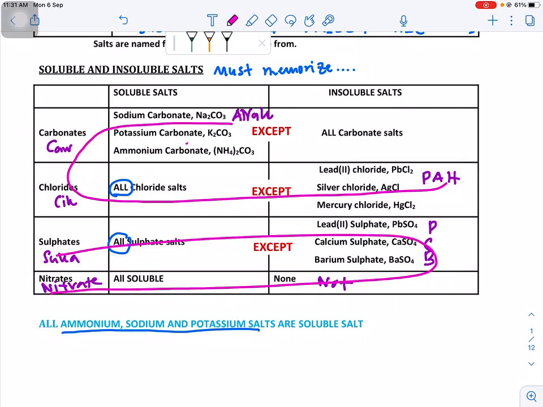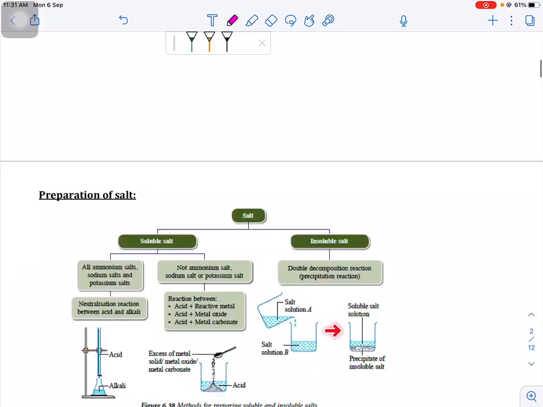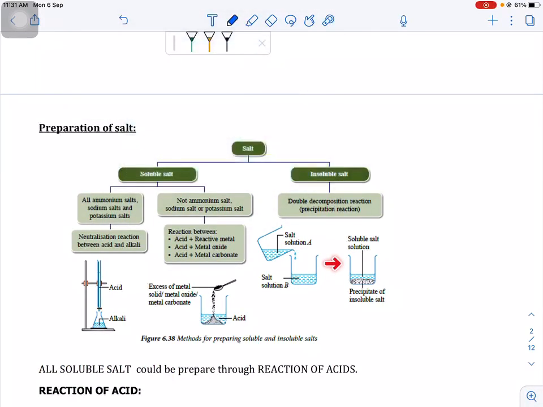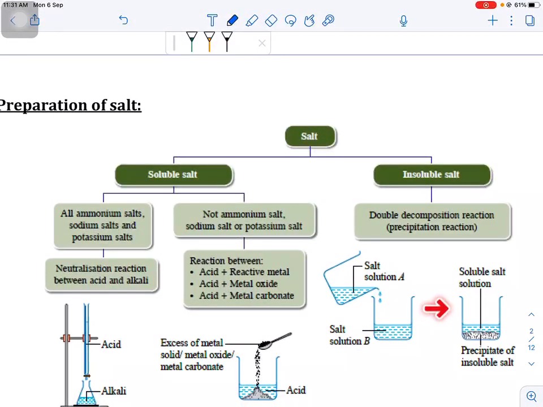Okay, after you memorize and you can recognize very well either the salt is soluble salt and insoluble salt, now let's prepare them. Okay, so salt, we have two types of salt, soluble salt and also insoluble salt. Tak kenal, so maka you akan susah untuk prepare. Be careful, okay? Salt is very easy when you can identify or you can recognize either soluble or insoluble. So dia akan jadi sangat susah kalau you tak kenal. So mudahkan diri you dengan memastikan you betul-betul ingat dan faham dan kenal dan boleh membezakan di antara soluble salt